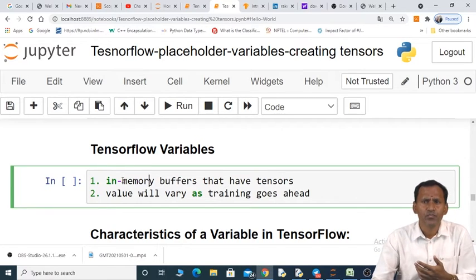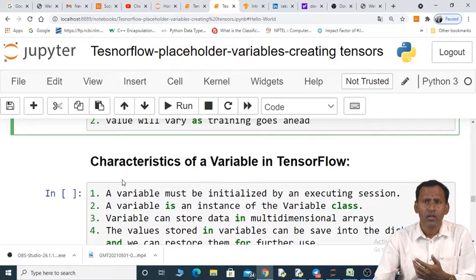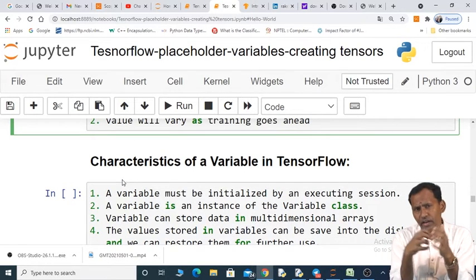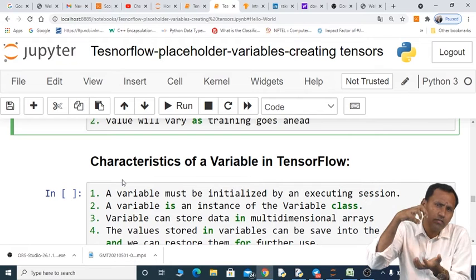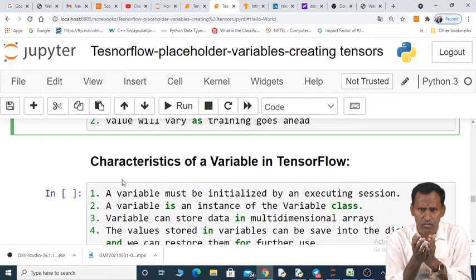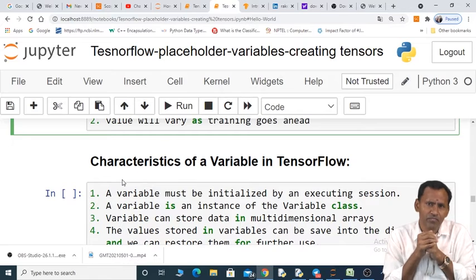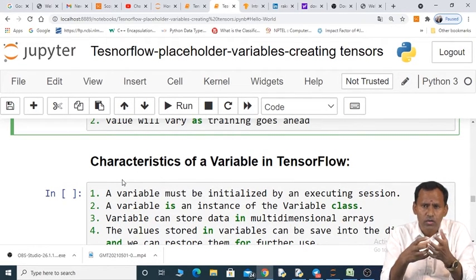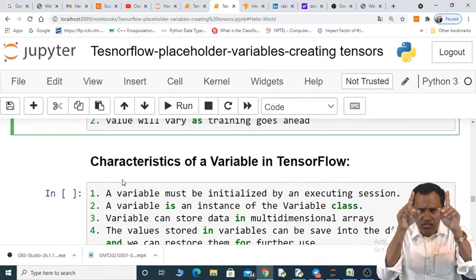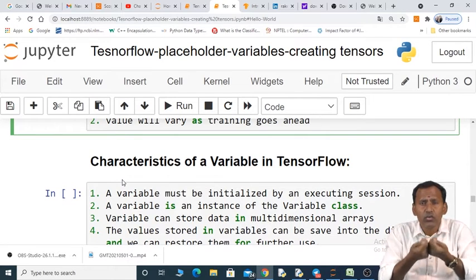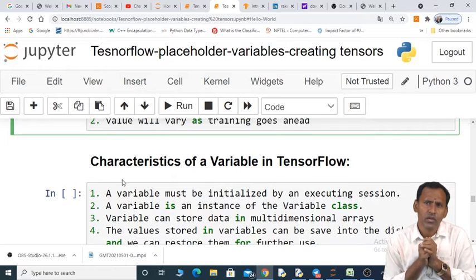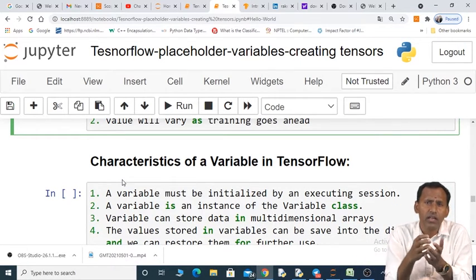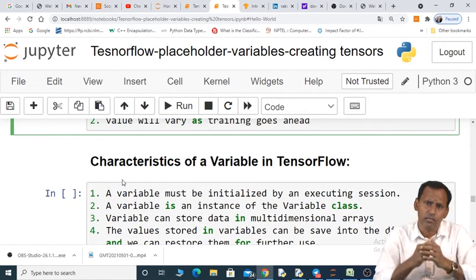Now coming to the characteristics. Whatever variables we create in TensorFlow, all those variables must be initialized before using them. And we can execute them. If you want to see the value of the variable on the screen, we have to execute it by using a session object. A variable is an instance of the class called Variable.